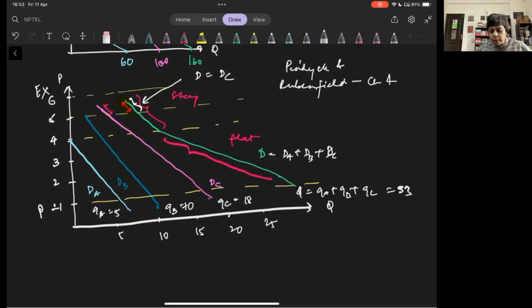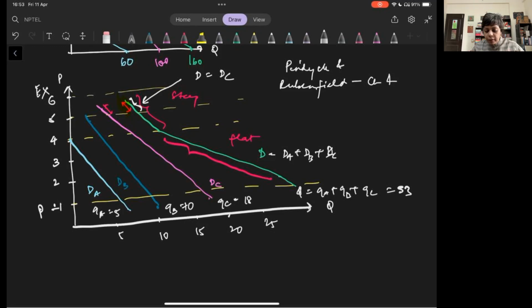Objectively, flat means less than 45 degrees, and steep you can say is more than 45 degrees. But what we are saying is in relative terms. We're not talking about objectively whether it is 45 degrees or more. We are saying that whichever curve out of all these individual demand curves is the flattest, the market demand curve is going to be flatter than that one, or at least as flat as that individual demand curve.